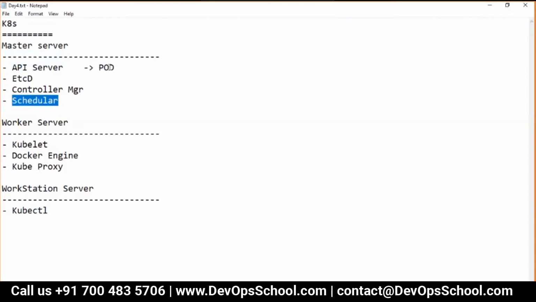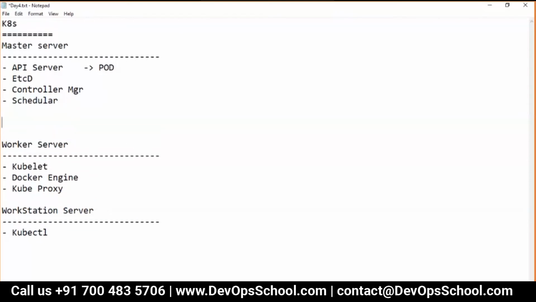Pod is scheduled by the scheduler, but pod is instantiated by kubelet, which is an agent. You forgot that in the worker. Remember, worker has a pod, a pod has a container, right? Pod gets an IP address. So pod is getting instantiated by kubelet. So don't you think, guys, kubelet has to be there in the master server also?